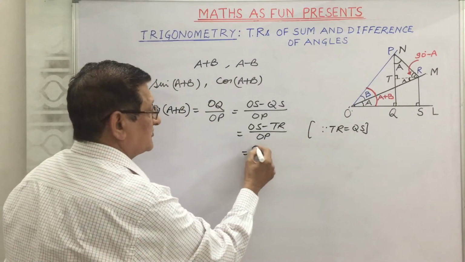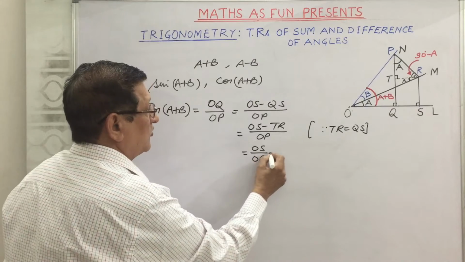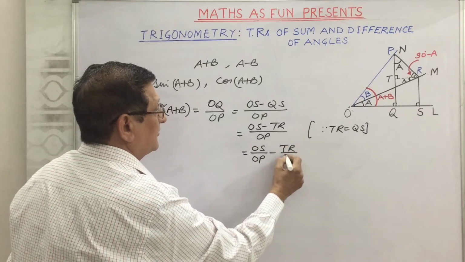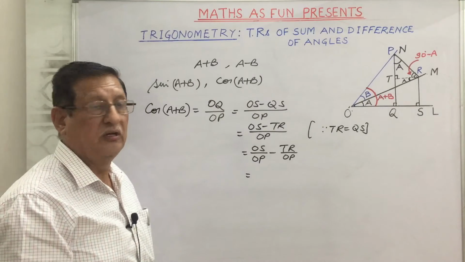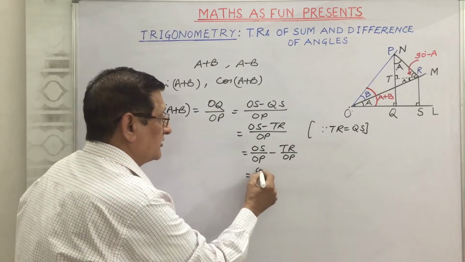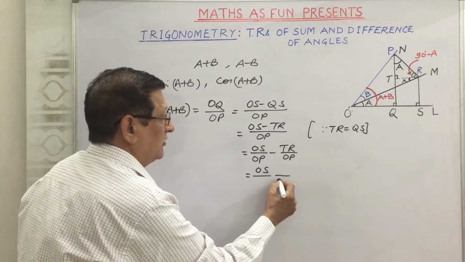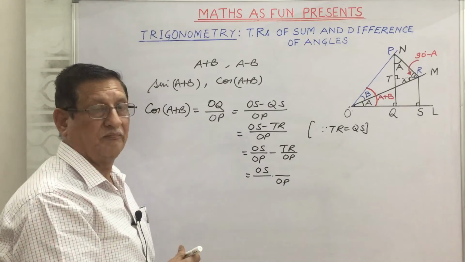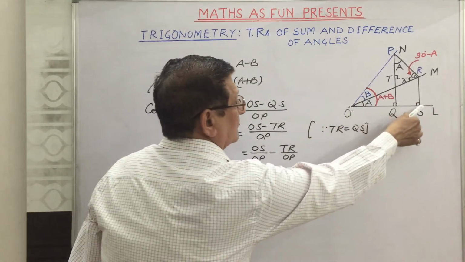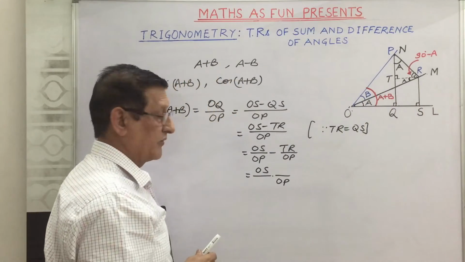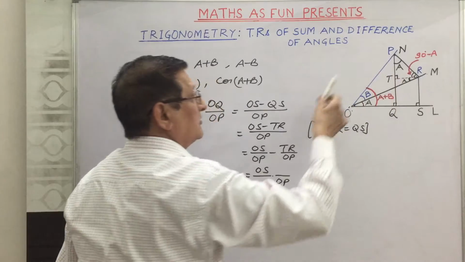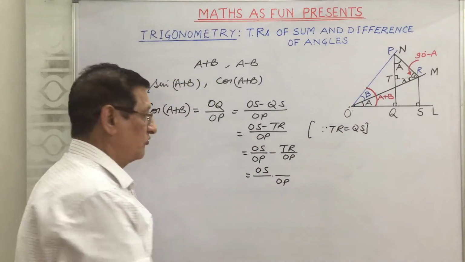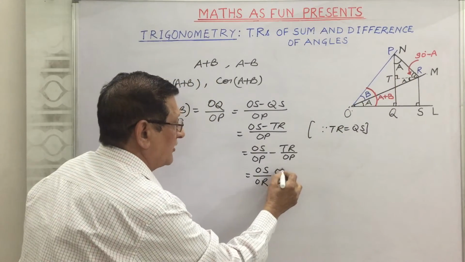And we write them separately, OS upon OP minus TR upon OP. Now like in sine A plus B we've done, we'll multiply and divide this part by some number. And what is that? You see OS is the part of this triangle and OP is the part of this triangle, and the common side in them is OR. So we multiply and divide this by OR